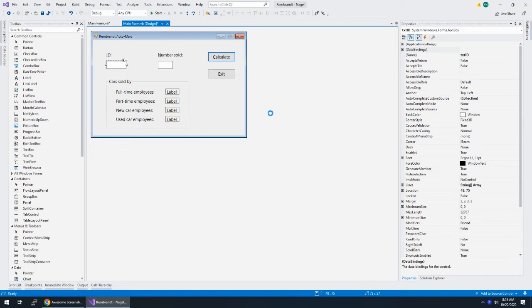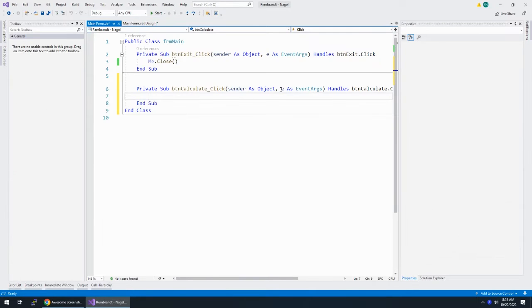All right, I think that's pretty good for my form design. And I've already coded the exit button. So let's think what we're going to do here when somebody hits calculate. So when somebody hits calculate, we need to start with probably verifying the, what do we call this, employee ID,